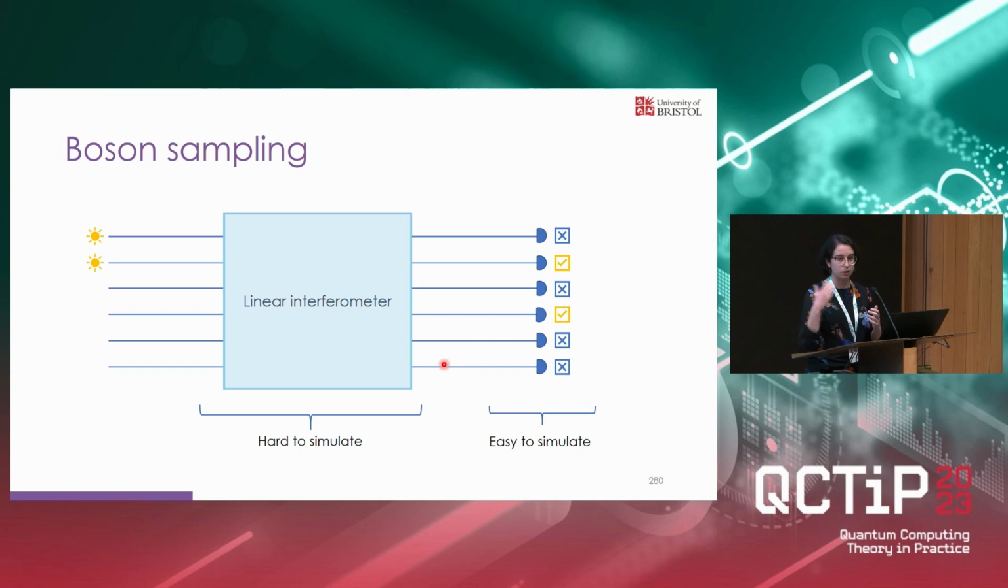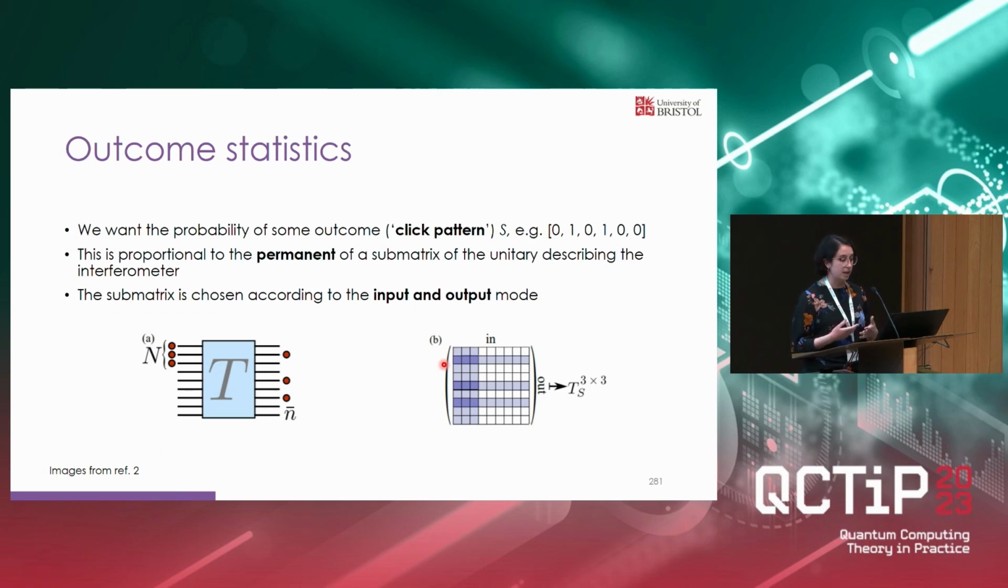Although, of course, if you know your quantum state, you can use the Born rule to work out the measurement probabilities at the end. So what we're really interested in are the probabilities of different outcome patterns, different click patterns that tell us where our photons end up. So in order to calculate these, we're going to start with a matrix describing our interferometer, which is how our